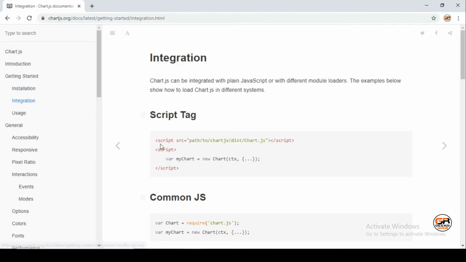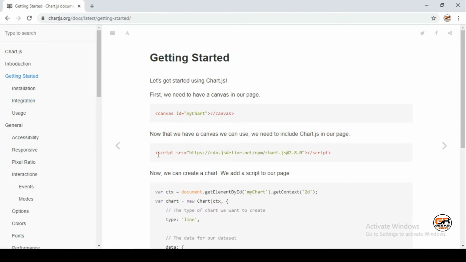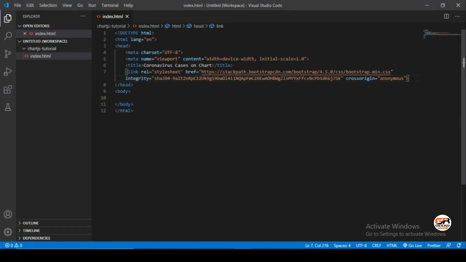You can also download the CDN file offline, put it inside your project and put your path to the chart.js script. We will use CDN. For that I will just grab this tag from here and put it inside the head tag of our project. Just put it here.